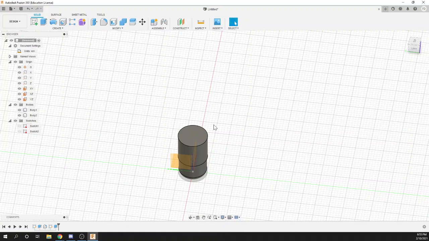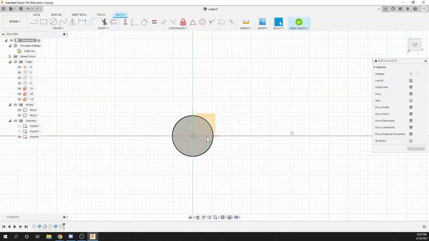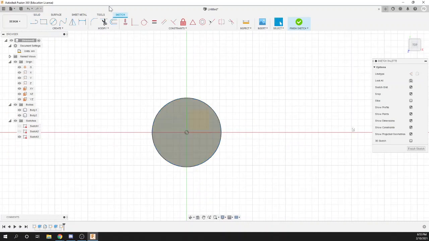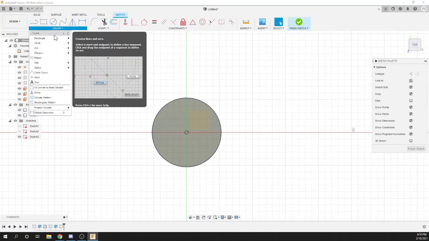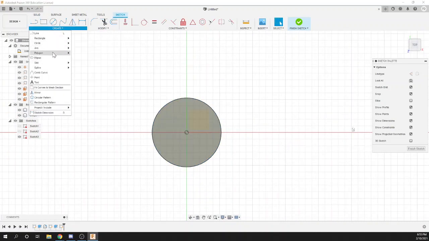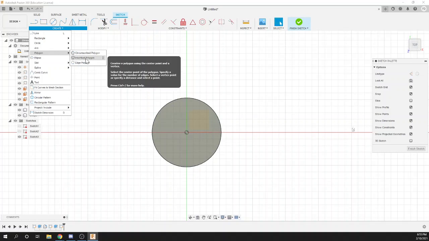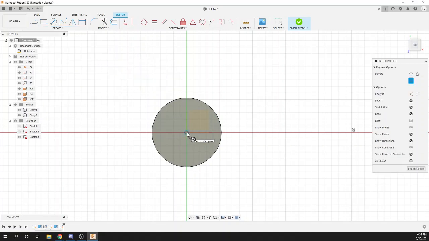Yeah, awesome. So the next thing that we're going to do is create another sketch as we're kind of building this pencil sequentially. Now we're going to work on that hexagonal kind of wooden part. So what we can do is go to create, and then we have polygon, and you can either choose a circumscribed or inscribed polygon. In this case, probably inscribed polygon is easier. And so this just defines a polygon